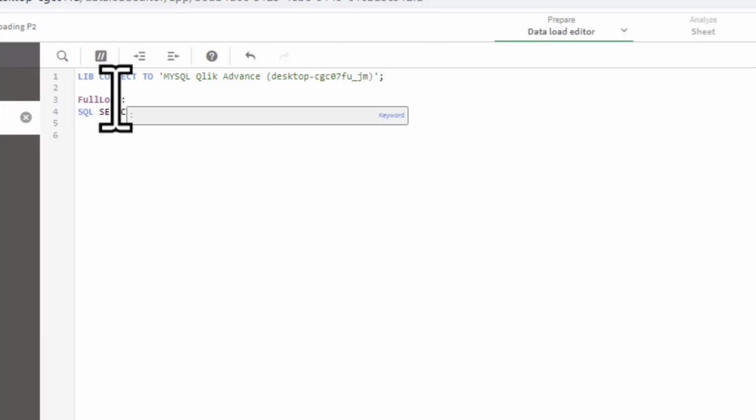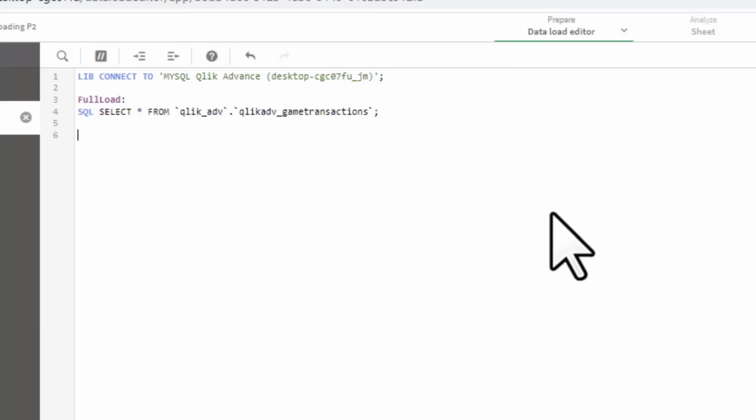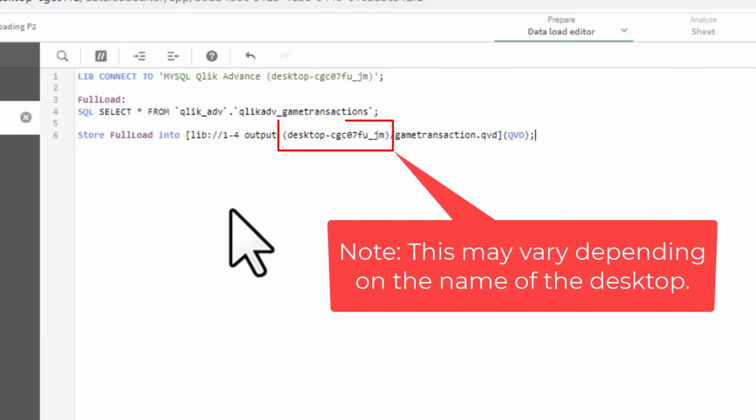Next, we can now store the game transactions record into a QVD. Insert a new line after the SQL select statement, then type store full load into [lib://1-4 output/game transaction.qvd] (qvd);